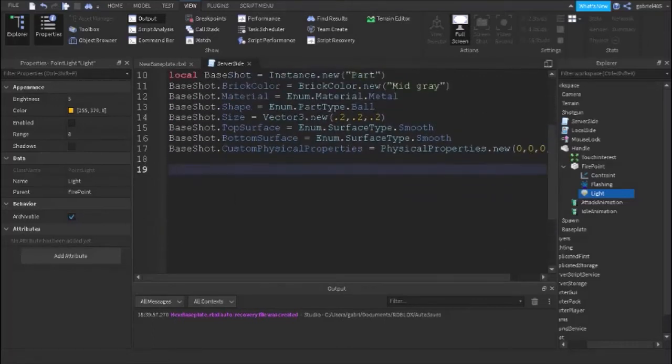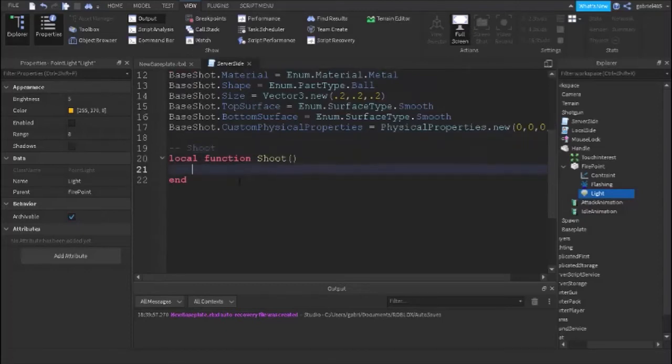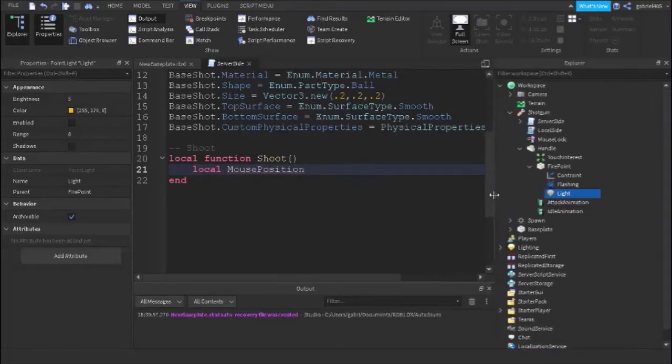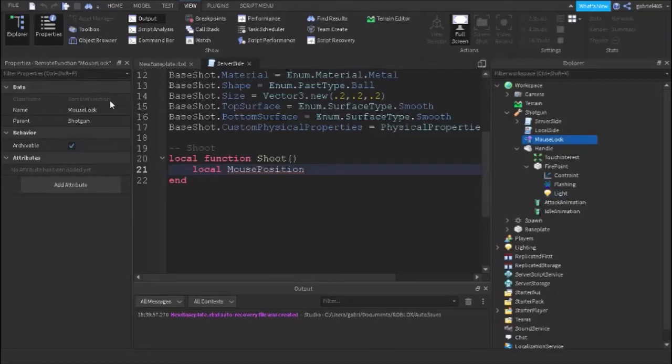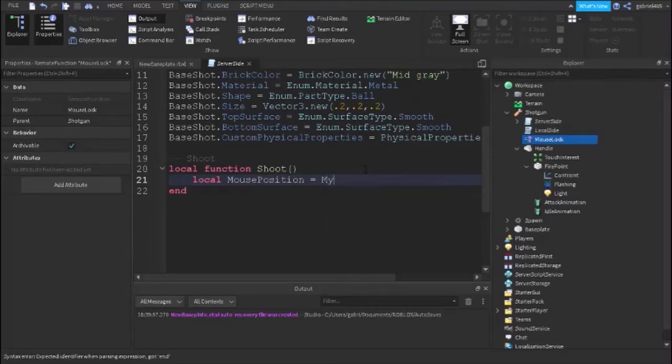And the next thing we want to make is our local function to shoot. And this is gonna make it so we are actually able to shoot our bullet. What I do here, this is to shoot. And so what we need to get is the mouse position. And we use the event. Okay, we have a remote function. And this is how we're gonna get the mouse position, because we did that on the local side. Okay, so now we have to call it, and we do mouse lock